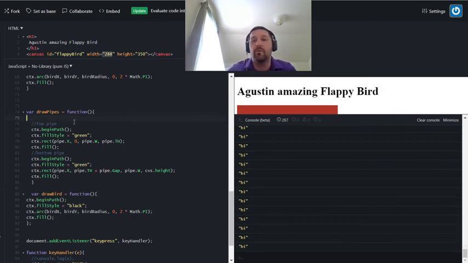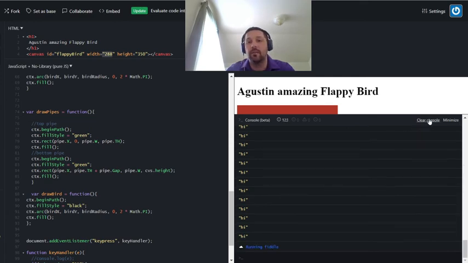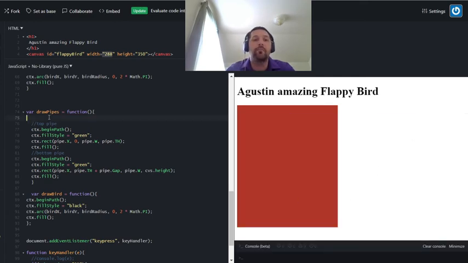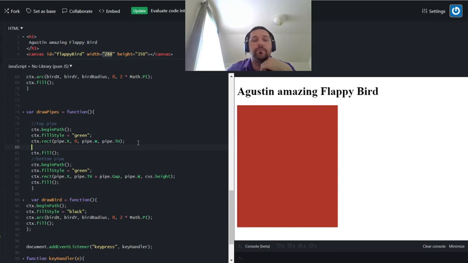We don't need that anymore. We know that it's there. Oh, okay, so run this because there we go. So it's definitely getting in here. It should be a green pipe, right? With the X value and the width and that particular height. So I wonder, let's go ahead and just,